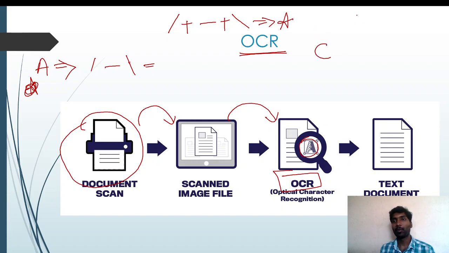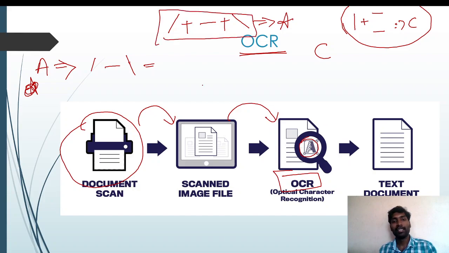If it is a C, in the computer there will be a program. If any line is like this, it is called what? C. Means this is the program for each letter. For each letter in OCR there is a program of this type. So when the computer is scanning the copy, if A is there, it will convert into the 3 slopes and add them.